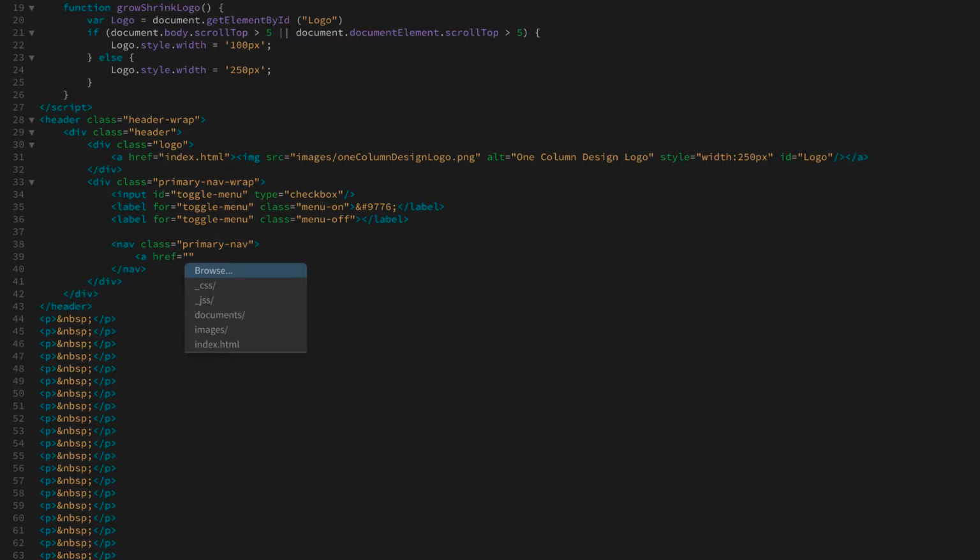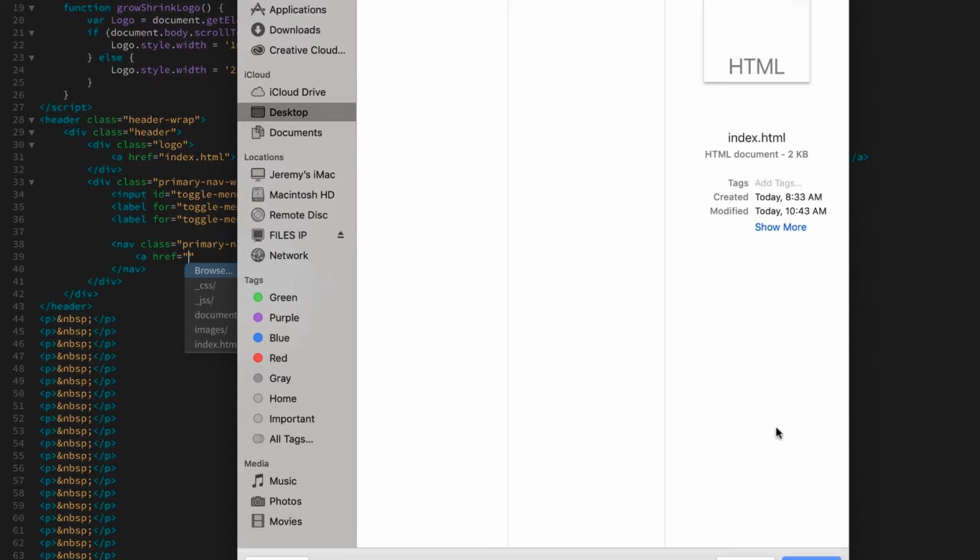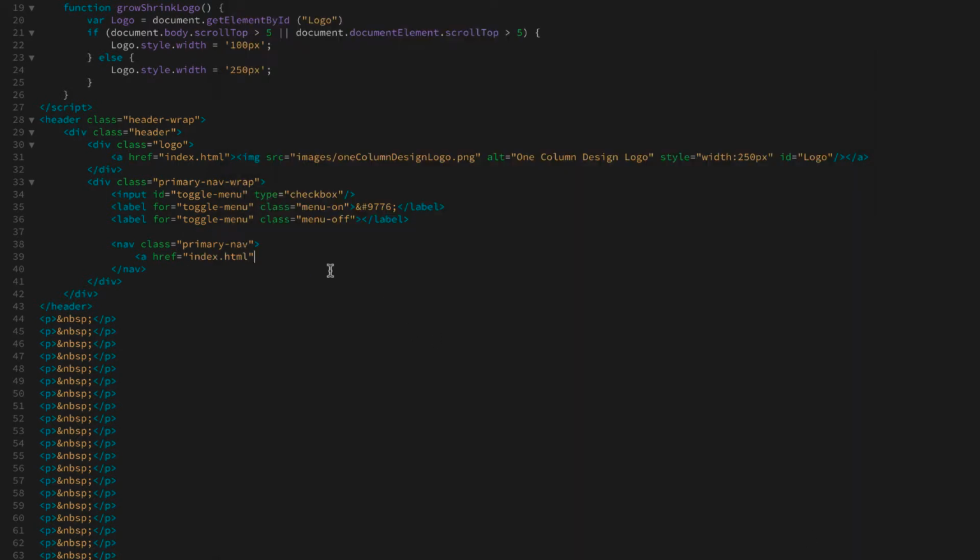So let's go ahead and do that. Hit the enter return key, and then link your index page. But we haven't created those yet for our other pages, so we'll have to use pound symbols as placeholders for the rest. So hit the right arrow key there, and then we'll type in home